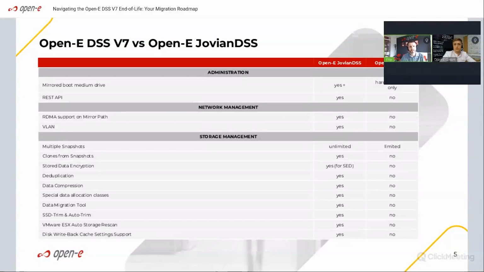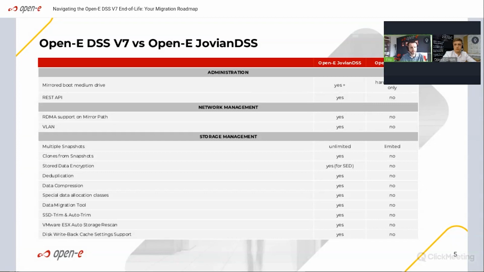iSER extends the iSCSI protocol to RDMA and uses the RDMA protocol suite to provide higher bandwidth for block storage transfer. This way, the RDMA protocol increases the performance between the nodes by using RoCE compatible controllers. So in this case, we use RDMA for the connection, for the mirroring path, which is used in a cluster non-shared configuration. When it comes to the storage management itself,